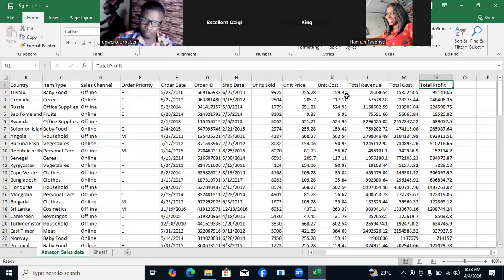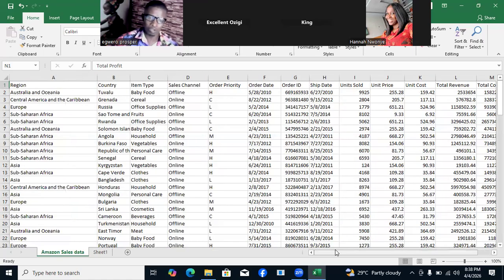Imagine you have total revenue, total cost, total profit, unit cost, unit price, units sold, and ship date. It means that you have a lot of insights to draw from this data. So now that we understand that,